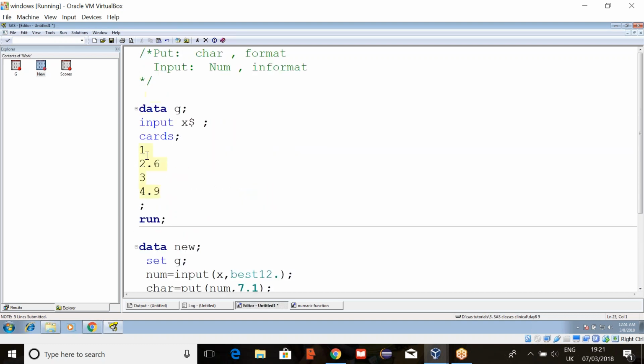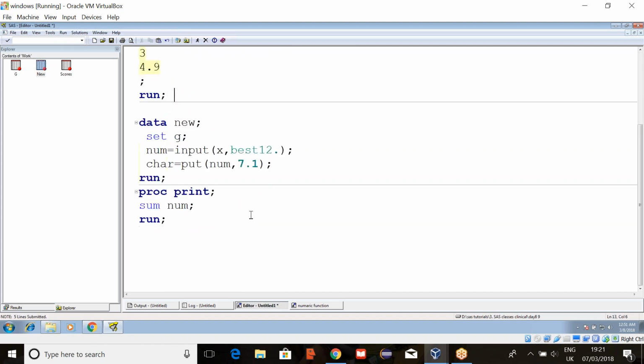So let's see with a real-time example in what way we'll use it. In real time, whenever we are having dates and times, usually date will be taken as a character variable. Suppose they give you data in the form of a numeric variable and they are asking you to change that into characters, then we can use the put function. Let's take an example here. Input. Let's take some date, jdate, ddmmyy10. For that we have to use format.